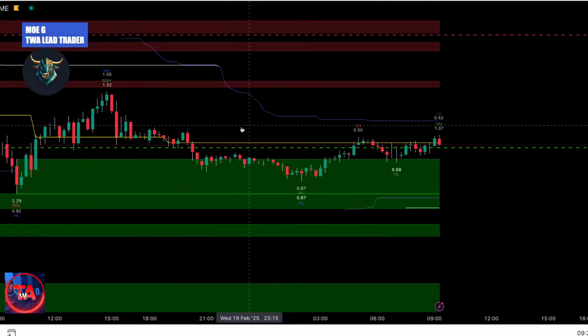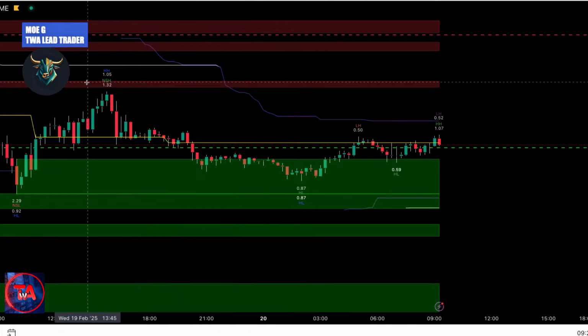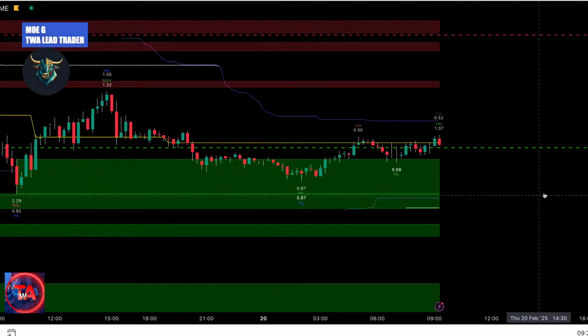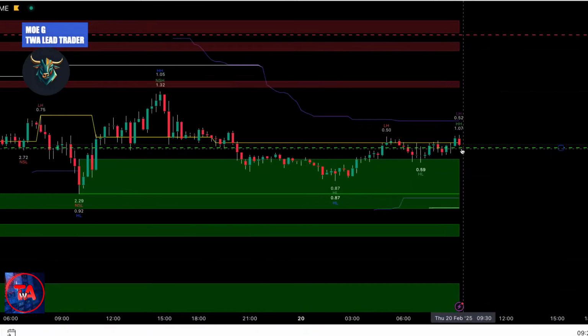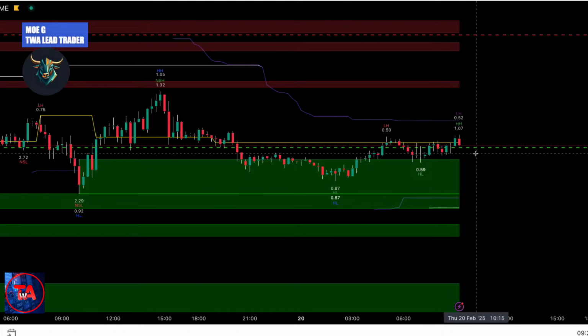So again, this indicator that you see on the screen is the TWA market structure levels. These are my game plan levels. This is where I consider where I want to long or short from. And now let's head over to